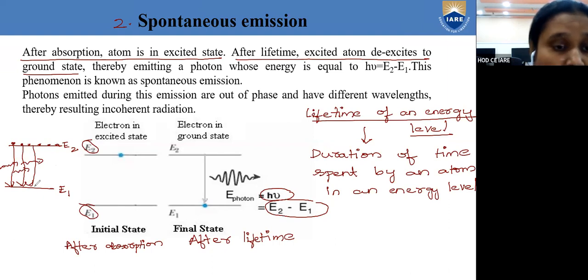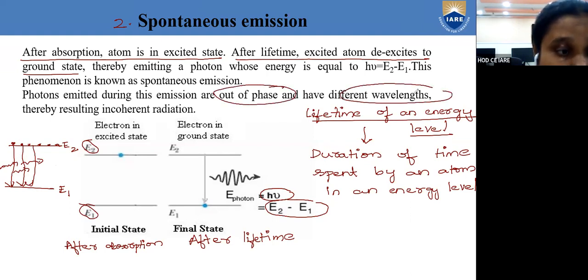But if you look at all those photons, when they are moving, what you will observe here is their positions won't match. So that's why we'll say that they are out of phase with each other. And these photons are going to have different wavelengths. So what type of radiation will get out of this spontaneous emission? What you have to understand here is radiation which is coming out during spontaneous emission is incoherent, polychromatic,